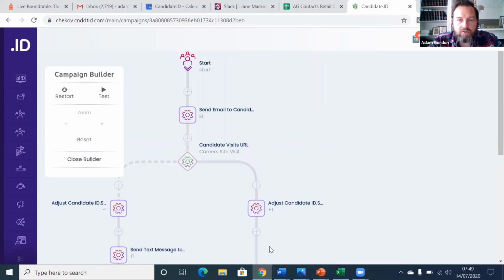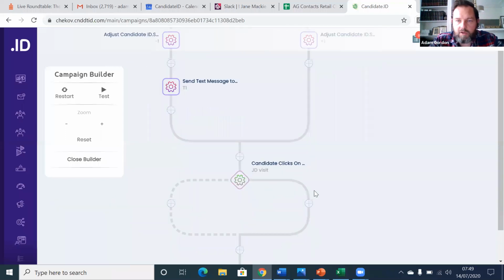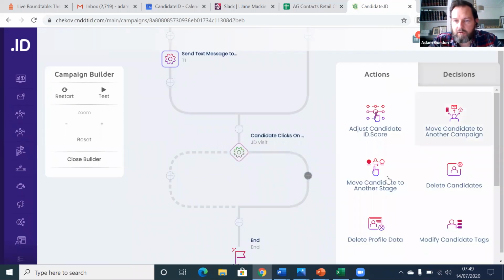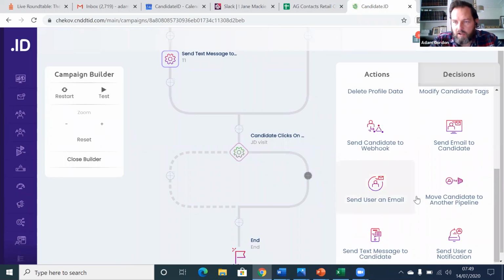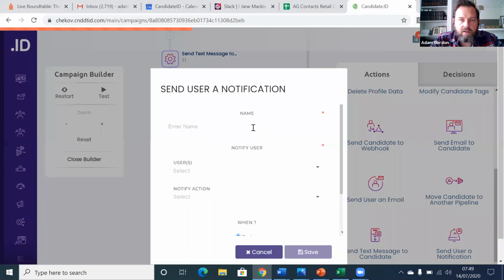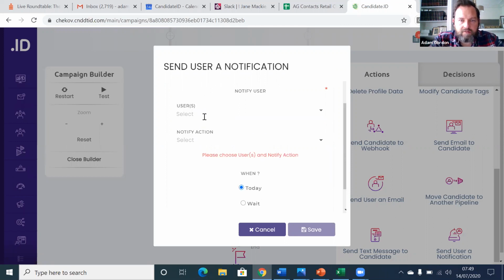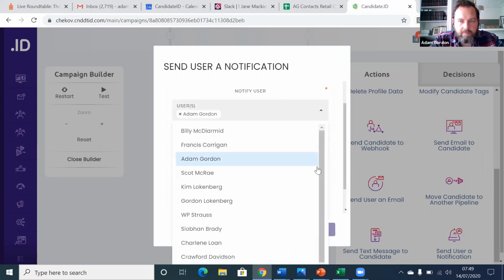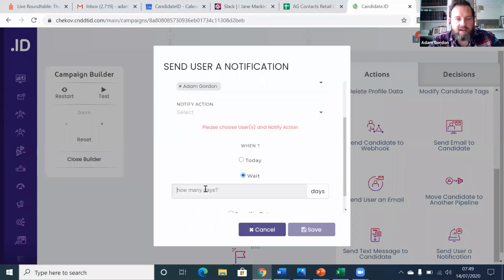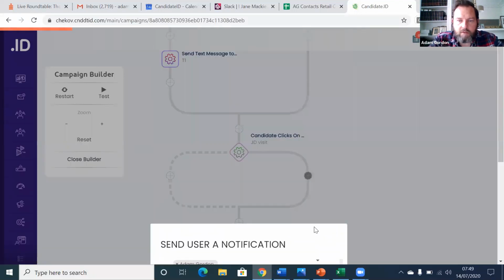Candidate.ID connects to that. Who didn't apply, I will get to see who those people are, and I can potentially follow up with them. So it's send user an email, or it might be send user a notification, which is a platform notification up here. So let's send me a notification, because I'm living within Candidate.ID for all of my sourcing and candidate management. So job description visits, and I select myself as the recipient of this, 1 day after they've been there, so that I'm not contacting them immediately,